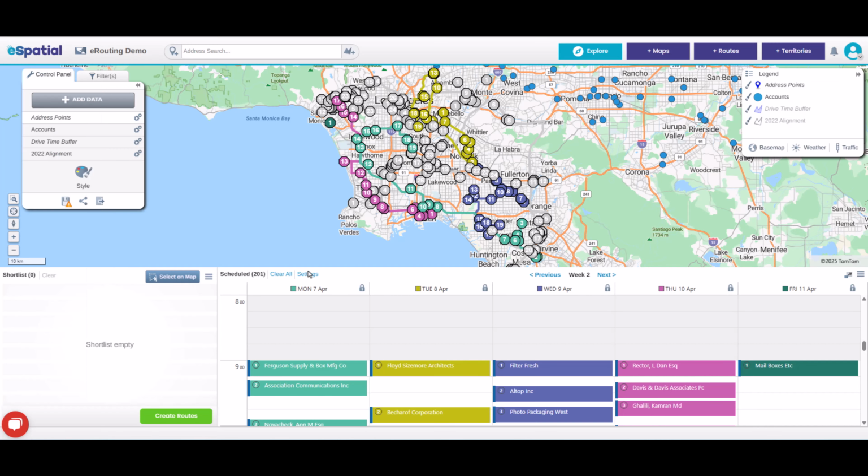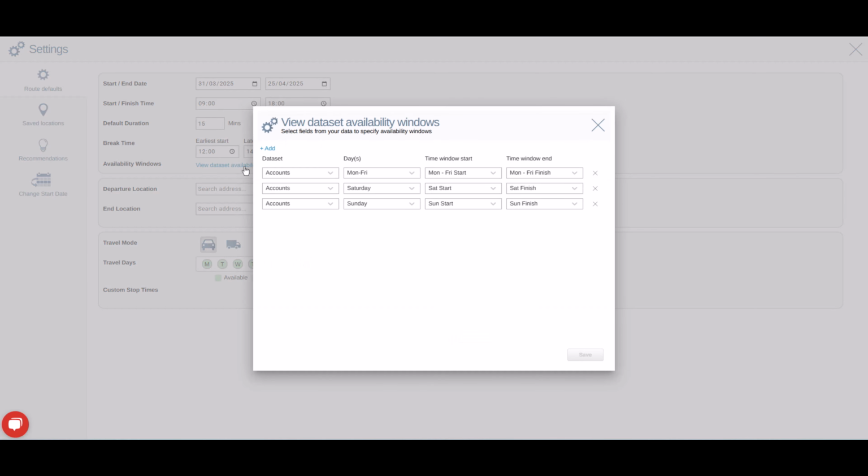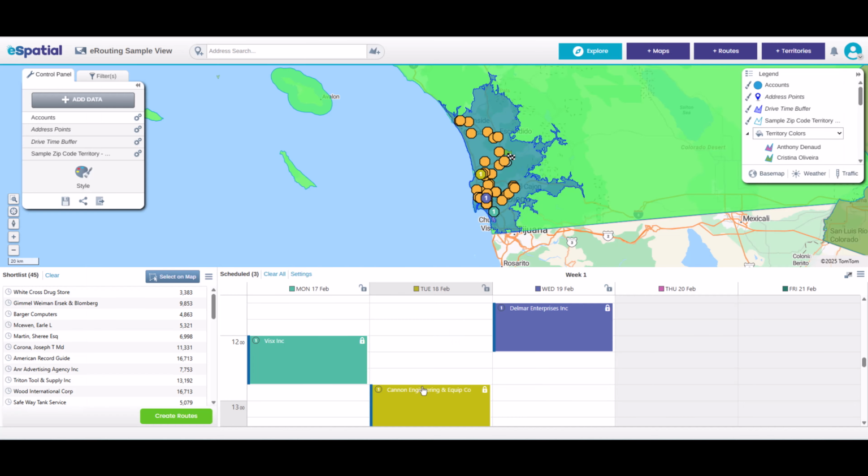You can build your routes around your client's availability and account for only those available on certain days of the week or during certain times in the day. You can also build your routes around your availability by setting start and finish times, break times, stopover times, and your office days. Finally, you can also lock any confirmed meetings into your schedule and build your routes around these confirmed meetings.